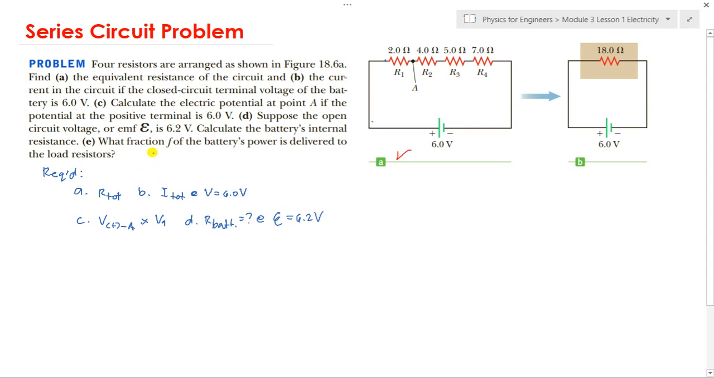Then next letter E, what fraction F of the battery's power is delivered to the load resistor? Okay, so E in siya, what fraction of the battery's power is delivered to the load resistor? So fraction F, this is the percentage of the power nga na-deliver ngadto sa mga resistors. Kaya of course nagbiday sariling power ang ato ang battery. So solution,